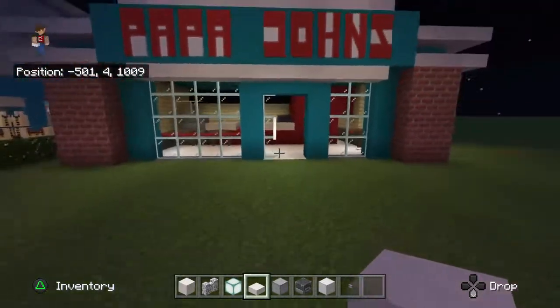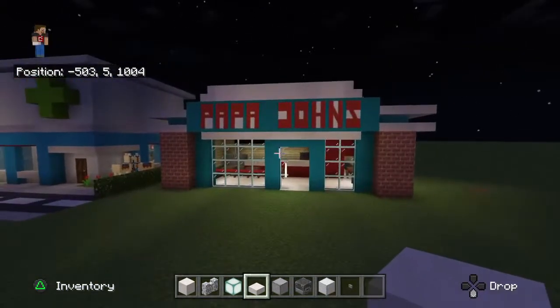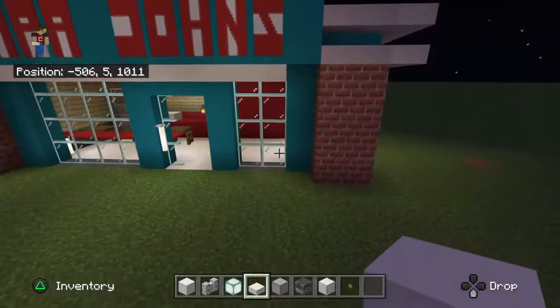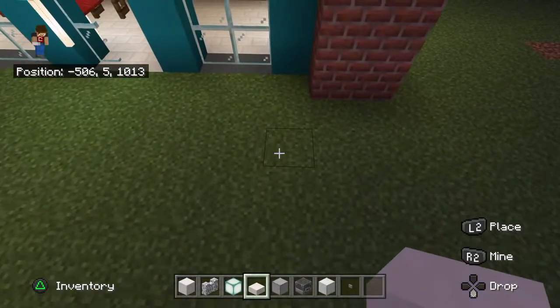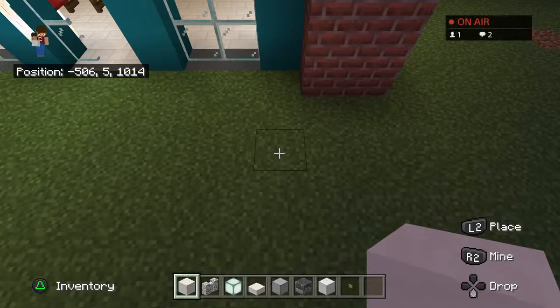Next up, we are going to add a little lamppost in front of Papa John's. I am going to personally place mine. It's basically lined up with the cyan concrete here on the right side of the small window. I'm going to leave a gap of 2, and then on the end of the grid place a